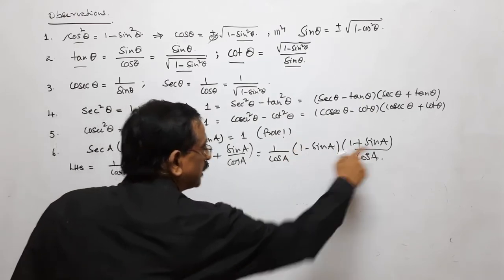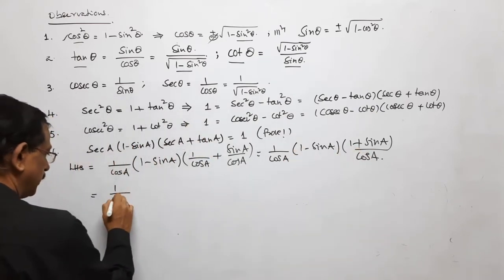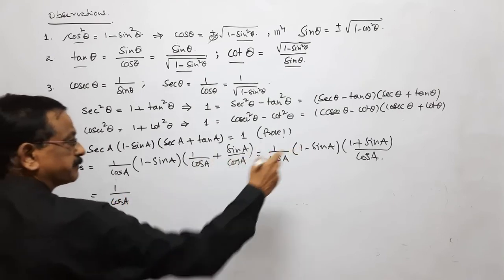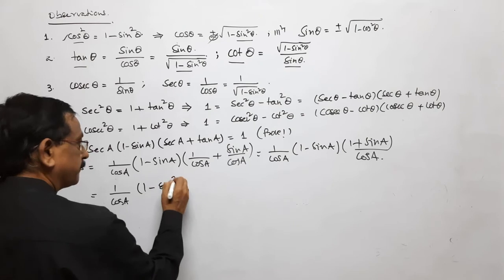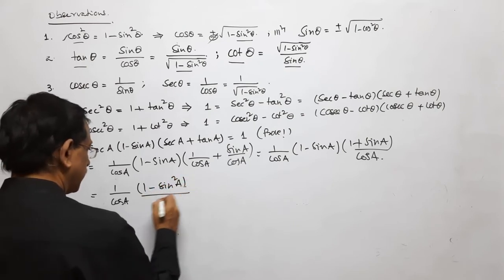This is a minus b into a plus b, which gives 1 by cos A into 1, a minus b into a plus b is a square minus b square. So 1 minus sine square A by cos A,